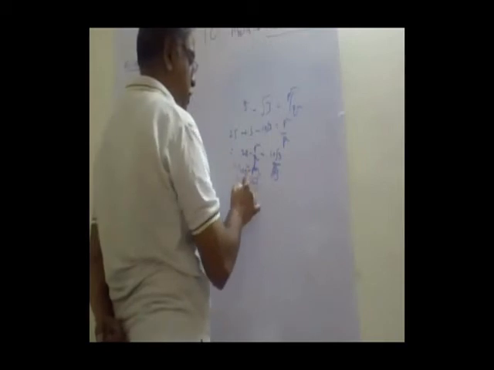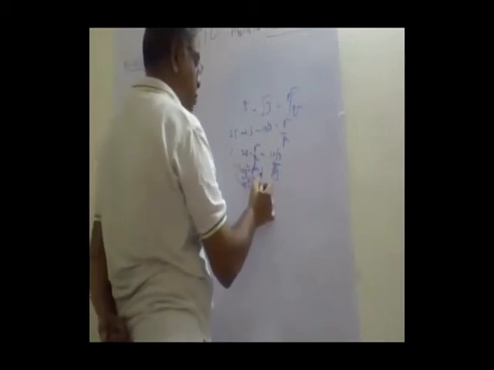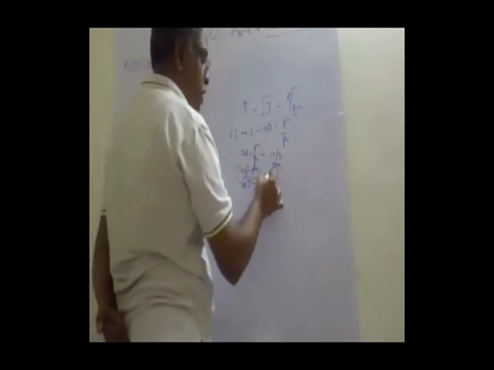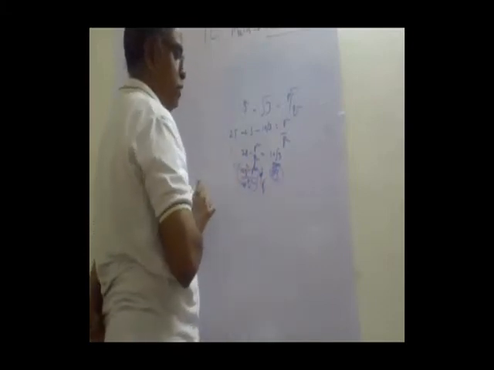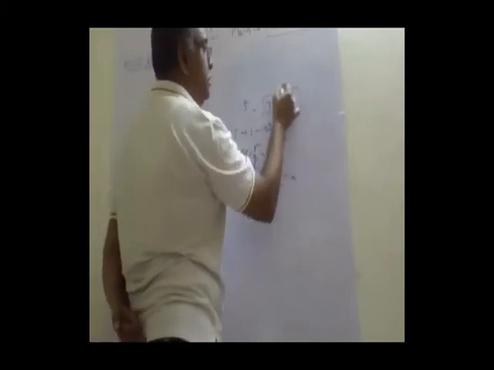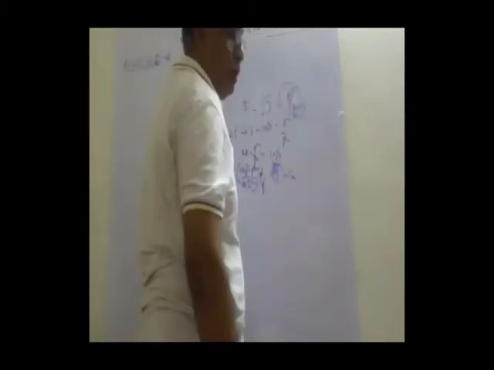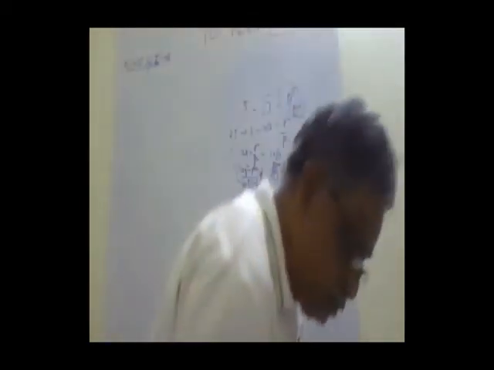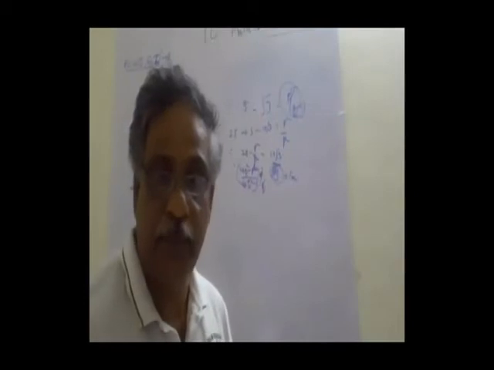It is in the form of some p dash by q dash. But root 3 cannot be represented by p dash by q dash. It has to be irrational. So that means the assumption of p by q is wrong. So 5 minus root 3 is also irrational. Understood?